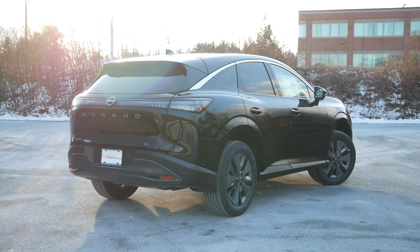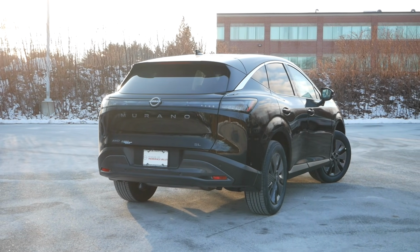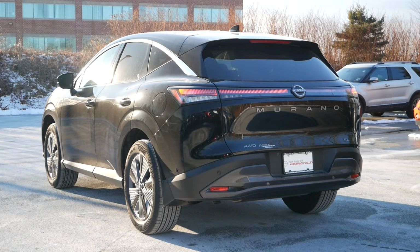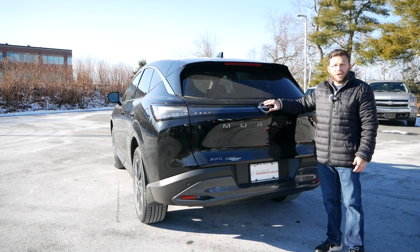It kind of looks like that Ariya, but just a bit larger. Then for the sloping roofline, you have the nice design element there where it slopes into the rear fascia, and you're going to notice the chrome accents as well for that nice classy touch. And while we're taking a look at the rear fascia, might as well check out the cargo area once again